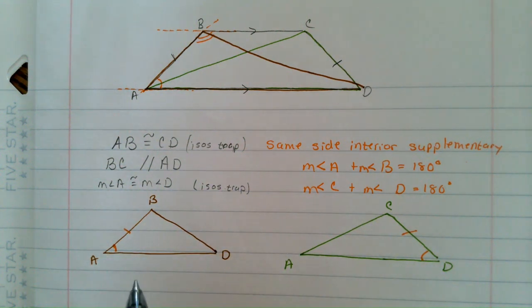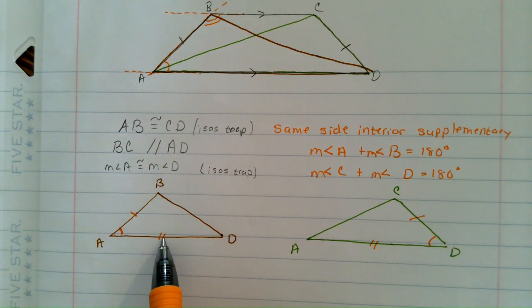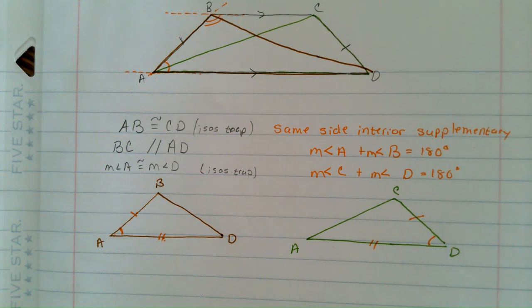And see how they both have side AD? So what have I marked here? I've marked side angle side. So we go side angle side or side angle side. So these two triangles are congruent because of side angle side. And the bottoms were the same because of the reflexive property. So if the bottoms are the same, and we can say they're congruent by side angle side,